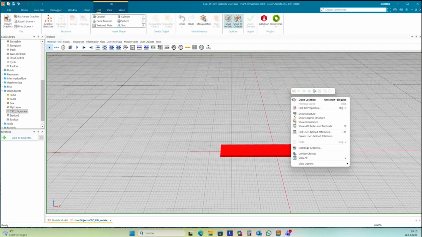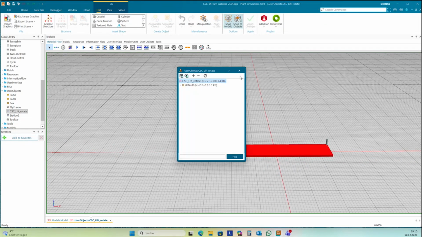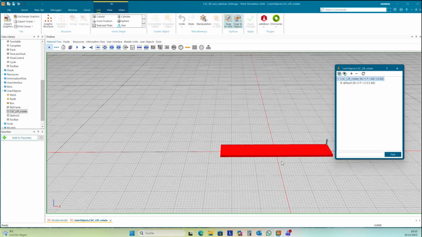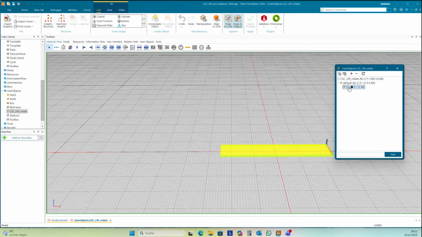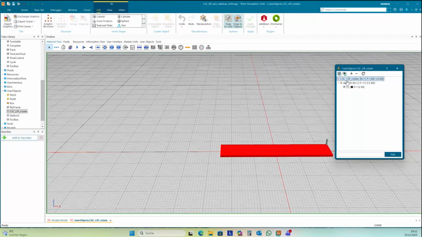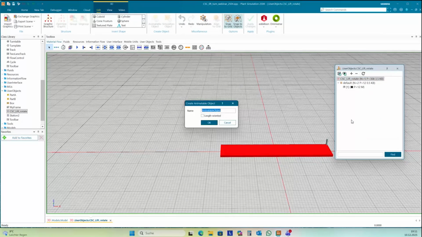And you can do this with a right mouse click, and then show graphic structure. By default, you have here a graphic group default, and here's my graphic. I need to change the position of this later. You can go to the top, and then right mouse click, and then add animatable object.